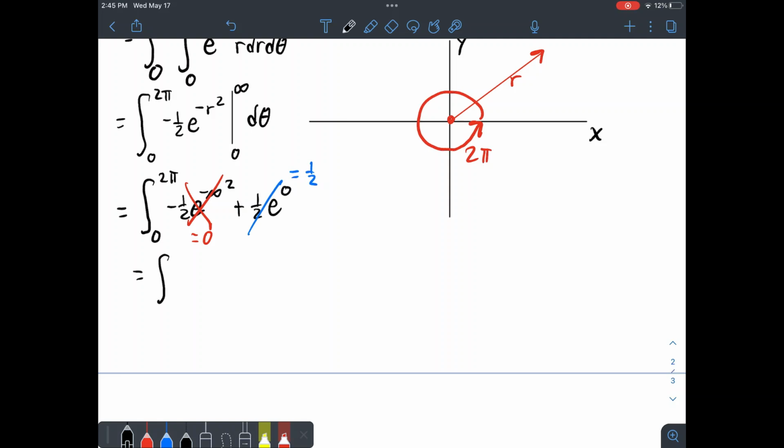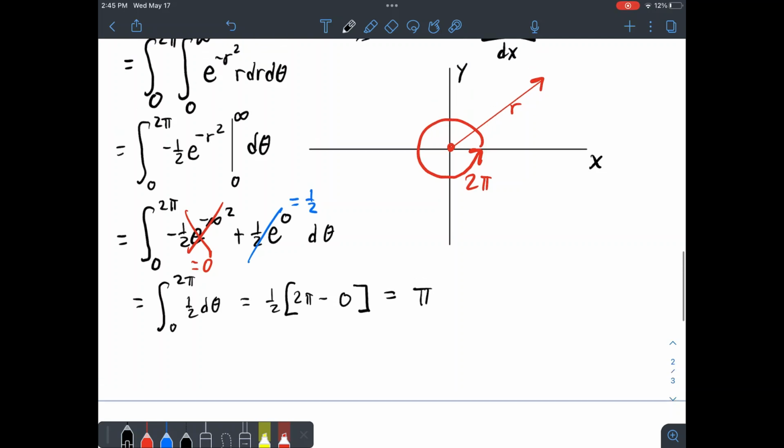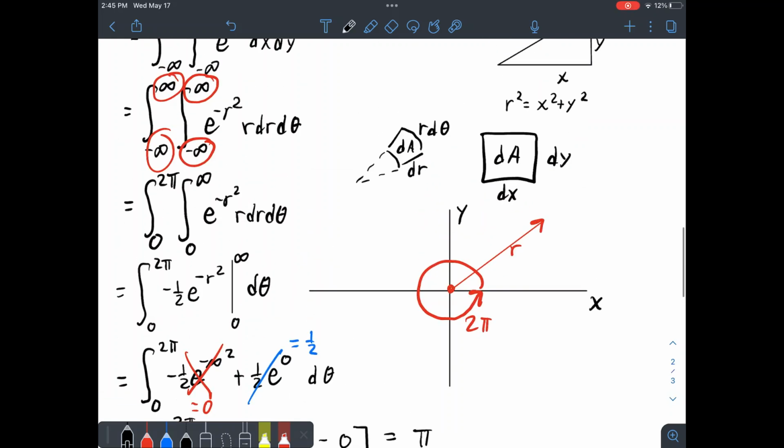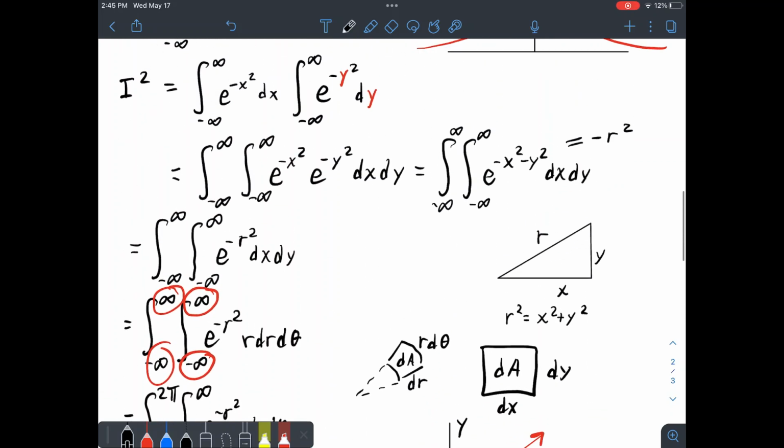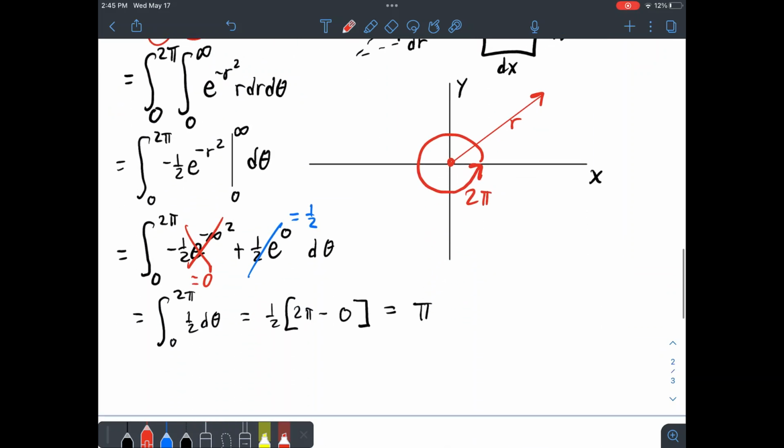So what do we have here? Let's be careful, we have a d theta over here. The integral from 0 to 2 pi of 1/2 d theta means we have 1/2 times 2 pi minus 0, which means we have pi. But we're not correct, because in the beginning, if you remember, we actually squared our integral. So that means the answer to the original problem, I, will be equal to the square root